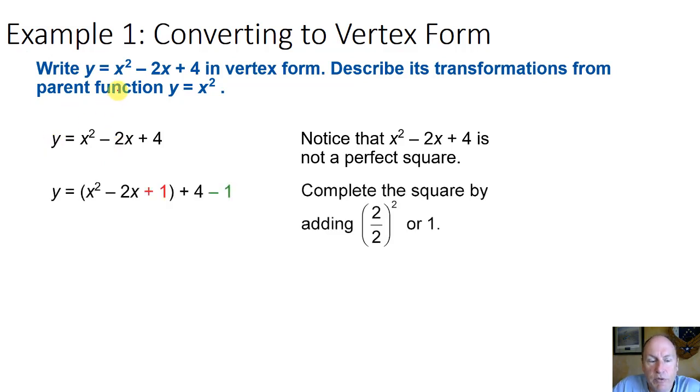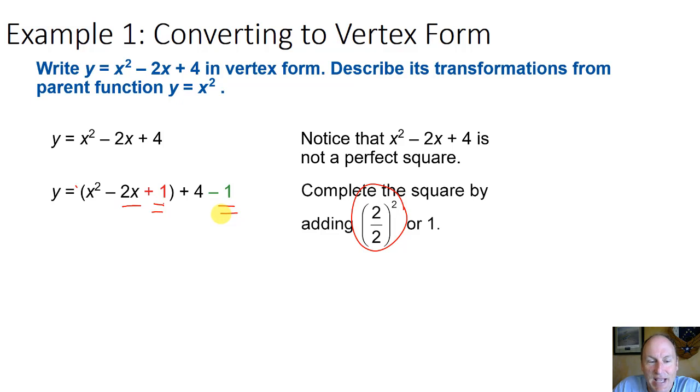If you recall from completing the square, we're going to take half that middle number and then square it. So we're going to do 2 divided by 2, squared, which gives us 1. So we're going to finish completing the square by adding the 1, making this parentheses term a complete square on its own. But to keep it algebraically true, if we're going to add 1, we do have to subtract 1